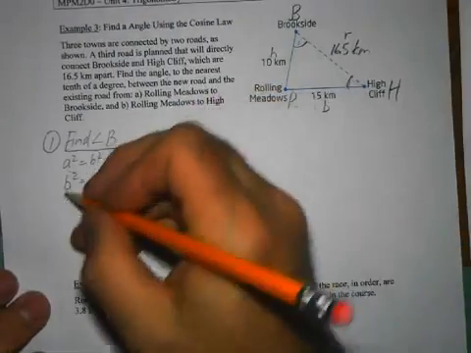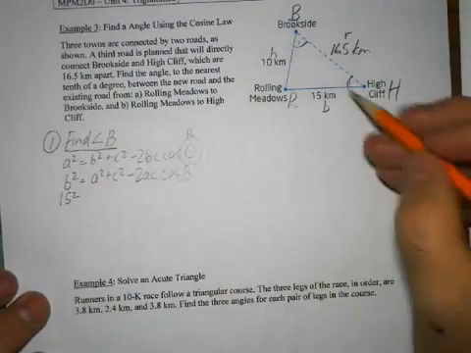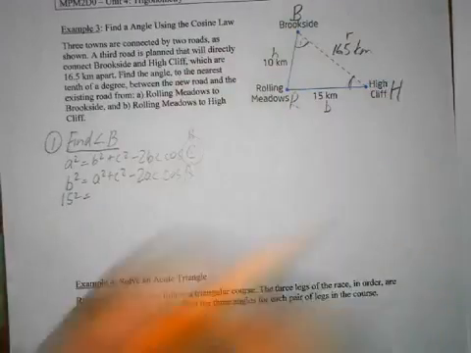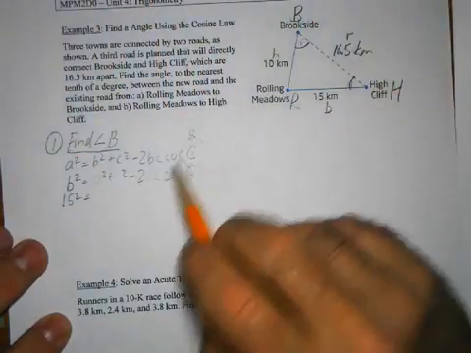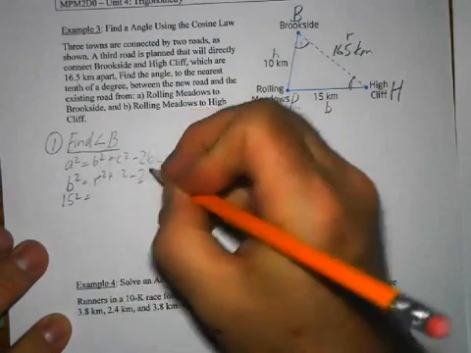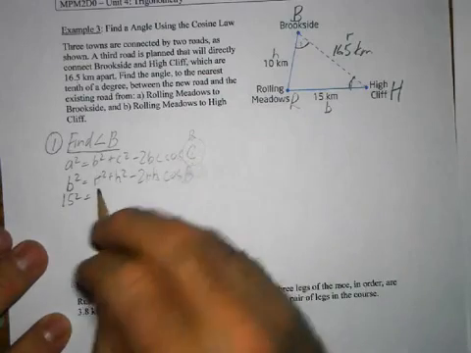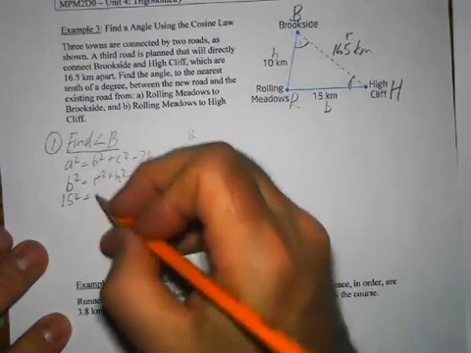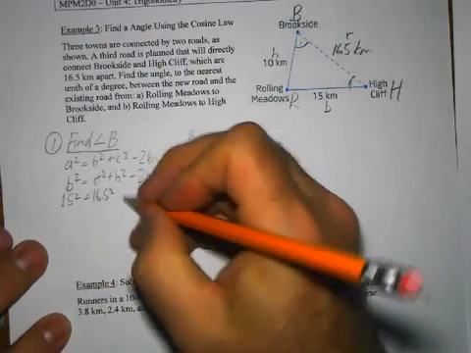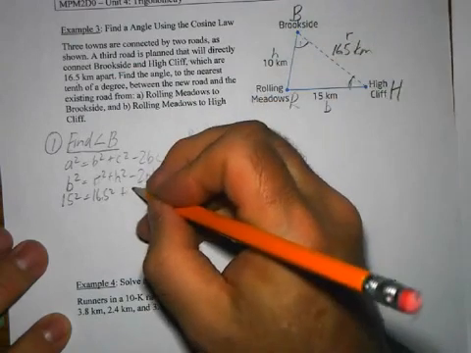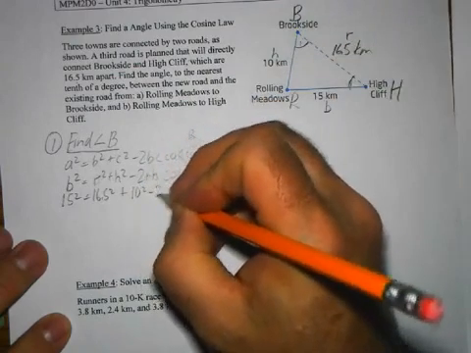So now you plug in the side length. So b is 15. Sorry, that shouldn't be A and C, I'm not sure why I didn't change those. Instead of A and C, it's going to be r and h. So r squared and h squared minus 2rh. Sorry about that. So r, that's 16.5 squared, plus h squared. h is 10, minus 2 times 16.5 times 10